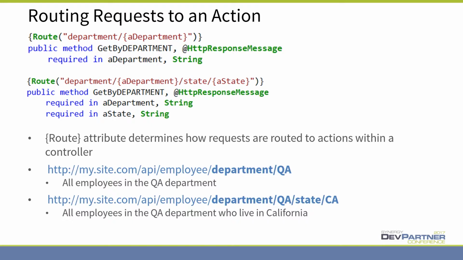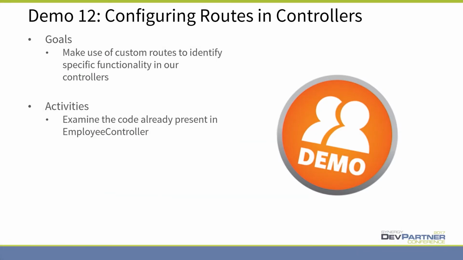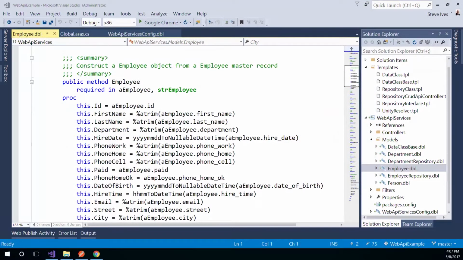And this is how I'm dealing with all of the alternate key stuff within the controllers that just got generated. You'll see this kind of stuff in there. The way this happens, by the way, is you'll notice that there is a correlation between the fact that I'm using this department, and that's the name of the attribute. So those two things have to match. And that's obviously how the substitution happens. And you can have multiple of them. So department matches this parameter, and then within state matches that parameter, and so on. Pretty straightforward. So the demo really isn't a demo, it's already been done, because in the code that we generated,